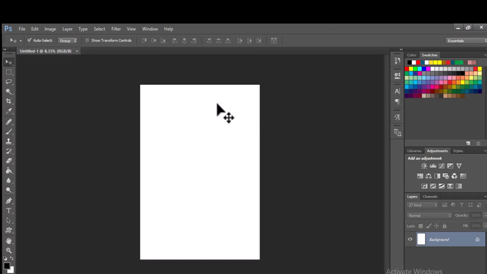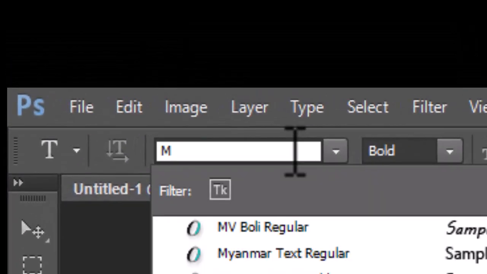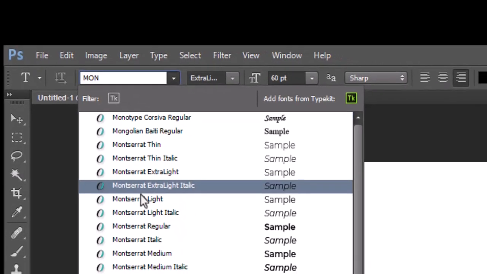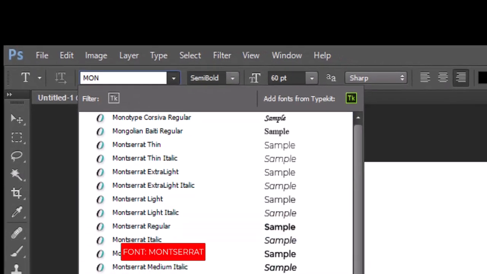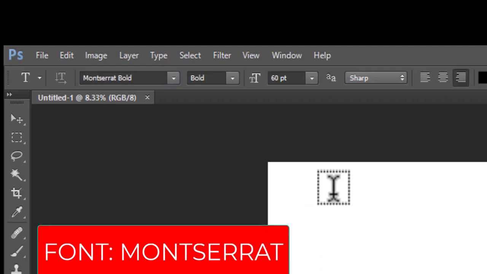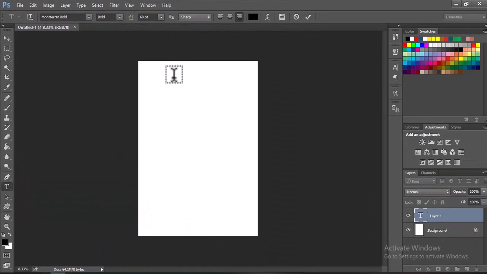So the first thing is to give the information here. It's a signpost, so I'm giving the information already. I'm going to use the Montserrat font. So the name of the church,